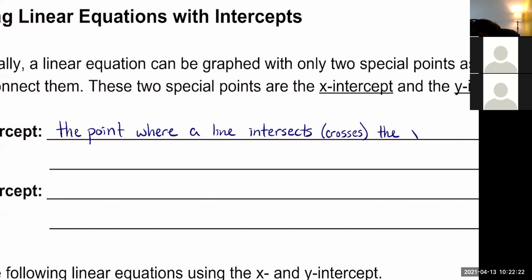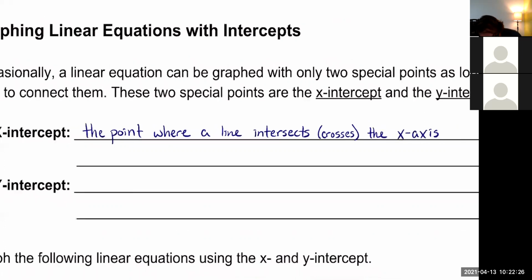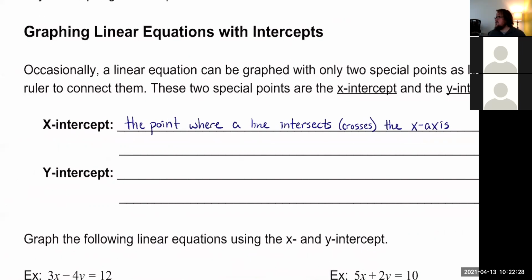X-axis. So the x-intercept is where a line crosses the x-axis, which therefore must mean that the y-intercept,